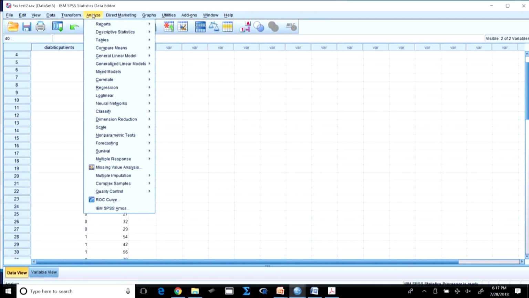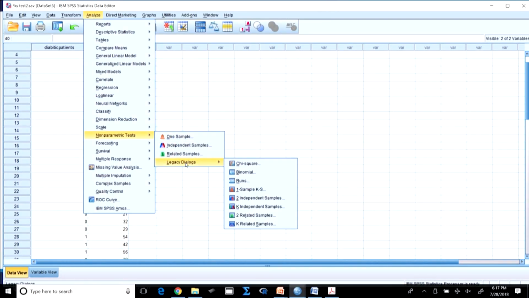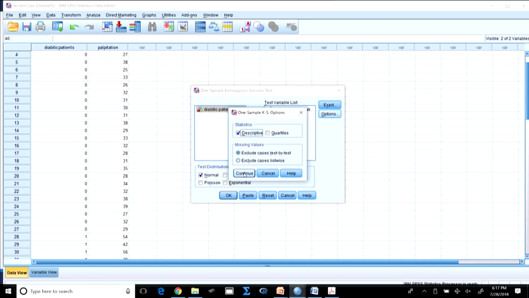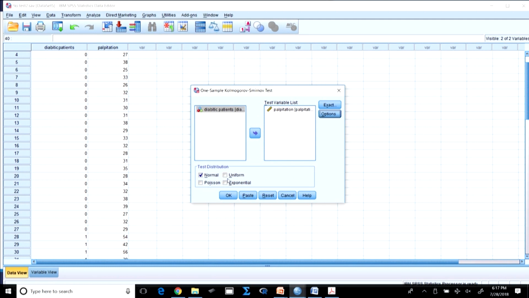So, how do you do that? Go to Analyze. Now, this is a non-parametric test. So, let us go to Legacy, you can come to One Sample KS. When you take the one sample KS, automatically you will see we have the palpitation for the diabetes, right. So, we go to Options, this is the descriptive we want. Now, the normal, this is the normal. So, in the statistics we find the mean is 41. The palpitation mean for all controlled and uncontrolled is 41.13, the standard deviation is 11, the maximum and the minimum values are these, right.